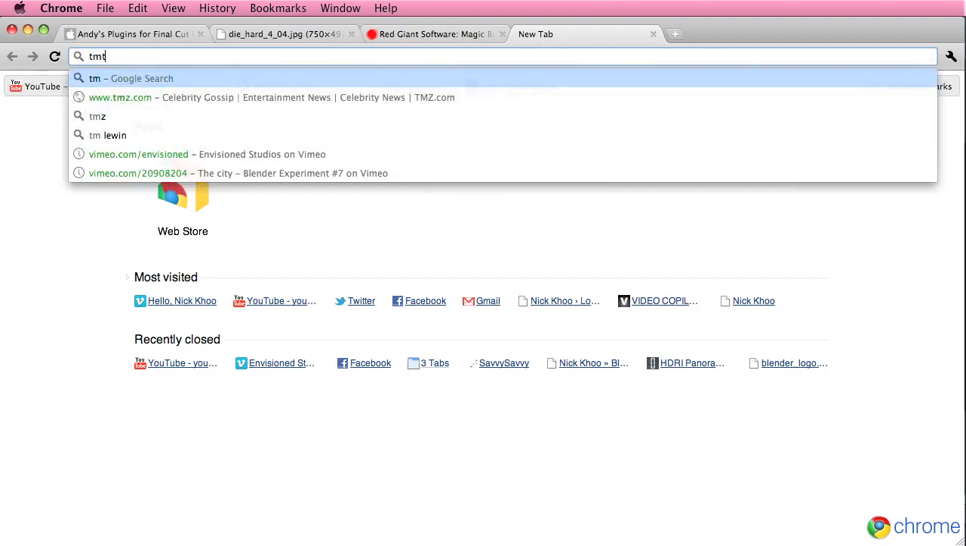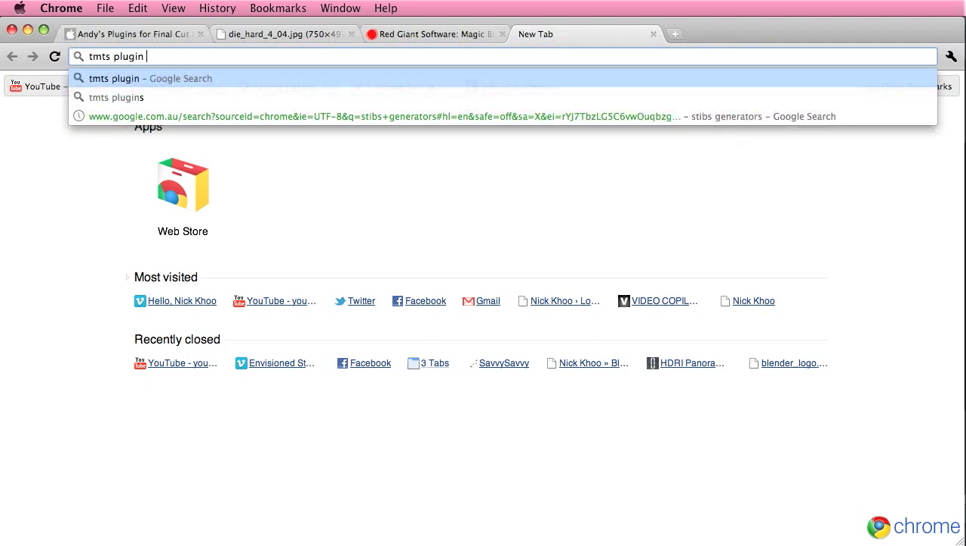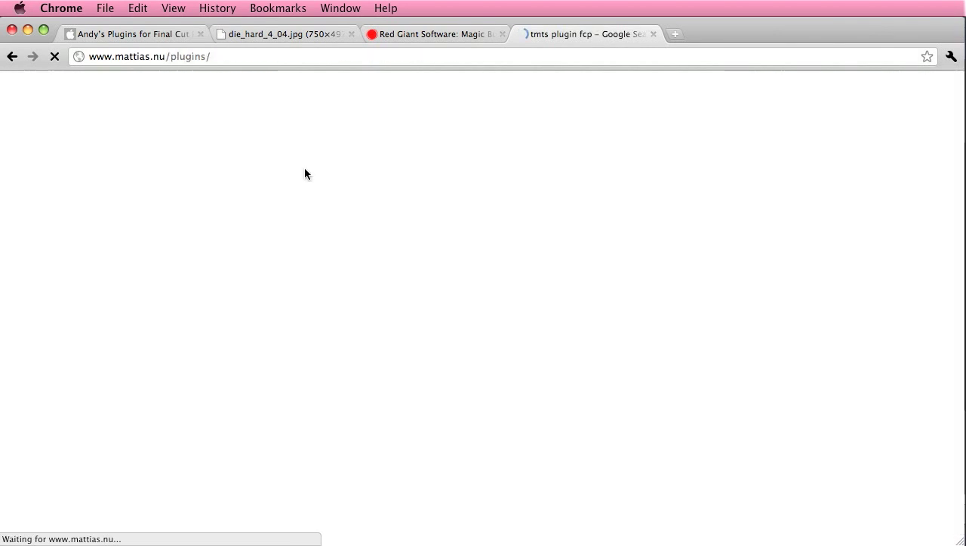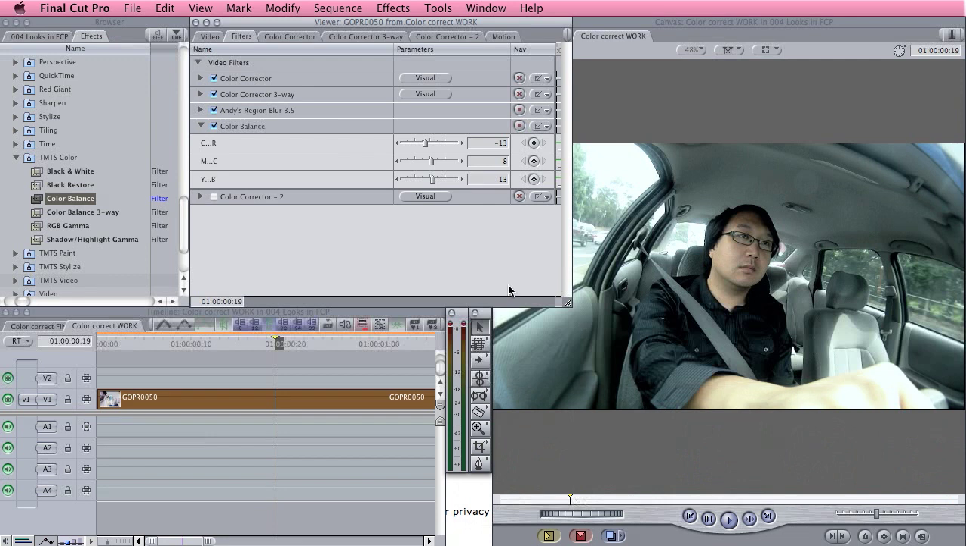TMTS plugin FCP. Too much too soon, obviously, because that's what I realized it was. You can actually go here and it's a free download. Just download all of them. It's a really great plugin because it does a much better job than the, oh, did you